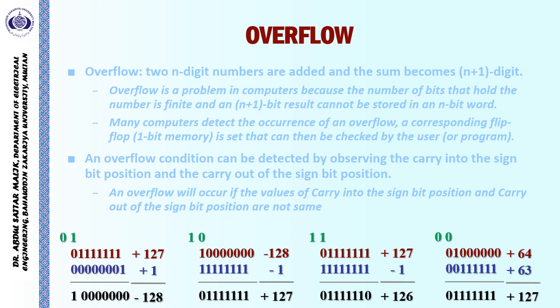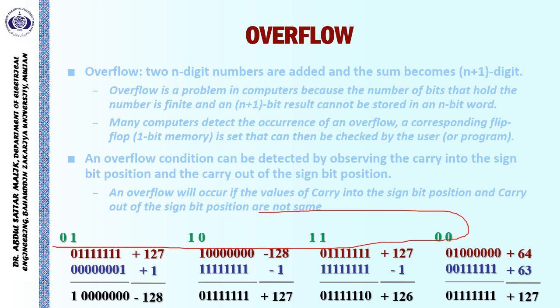During the last example, we had taken one number +64, yet another number +63, and the sum is +127. There is no carry into the most significant bit and there is no carry out of the most significant bit, and the result is valid. So the concluding point is, if we have two n-bit words,